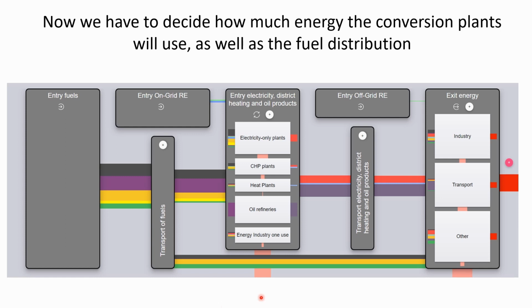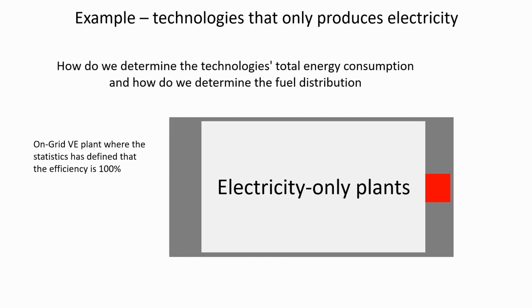We now have key parameters that define the production on this side here, and we have to select key parameters that will define the total consumption here and the distribution between the different energy forms that is consumed in each of these technologies. We start here with the electricity-only plants,